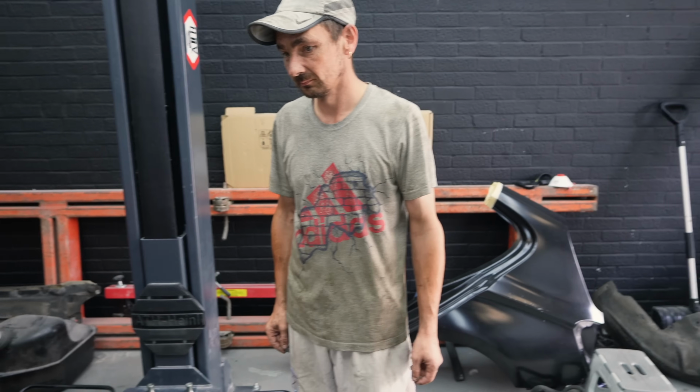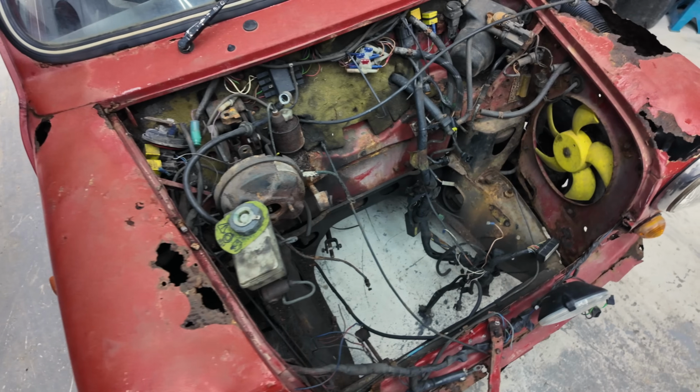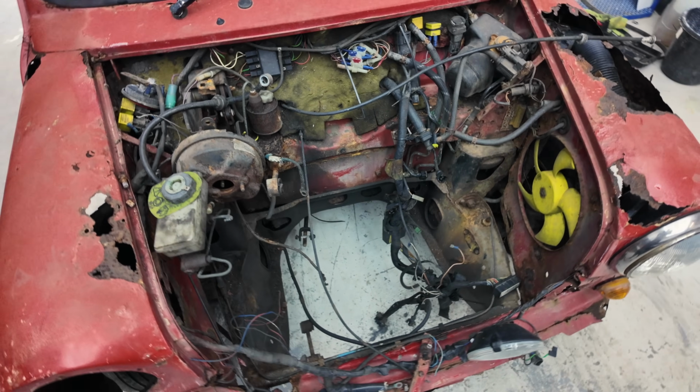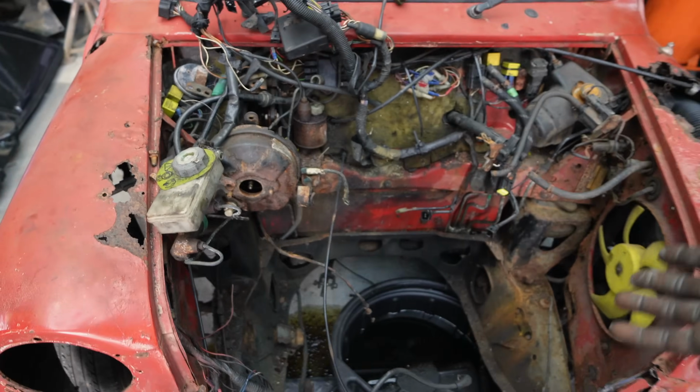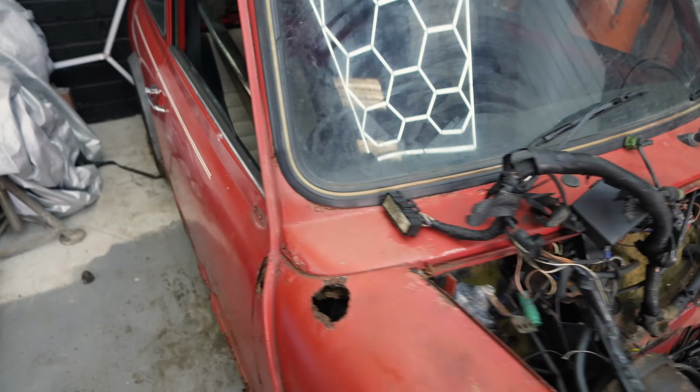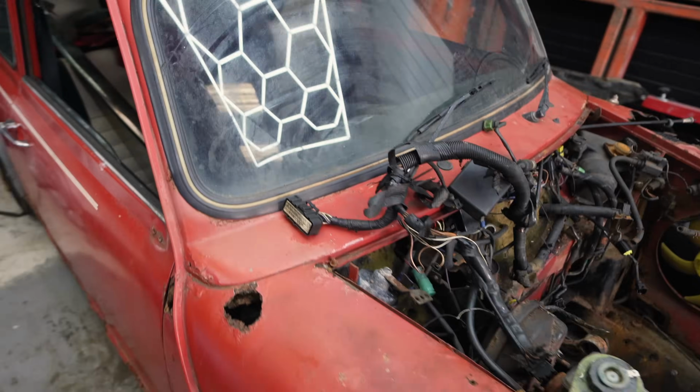Tom's going to head back to Specialized Engineering headquarters with the engine. It's in the back of his car right now. I'm going to get started and remove all of these wires, all the components for the brakes, the clutch, etc. And then if I've got a bit of time, I'll move on to the interior and start to clean up all of that as well, because everything is going into...